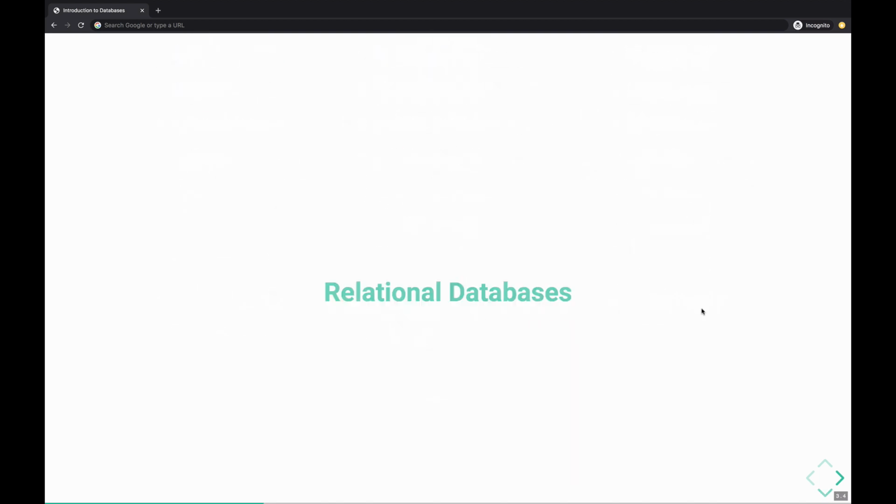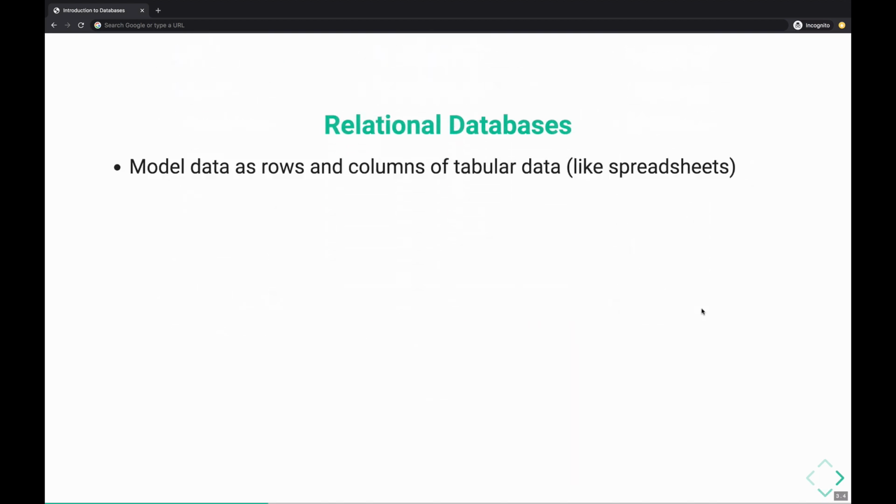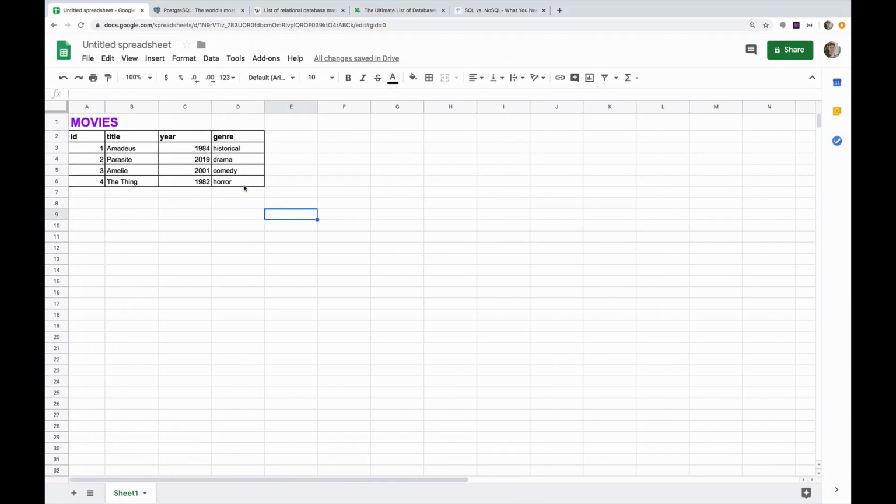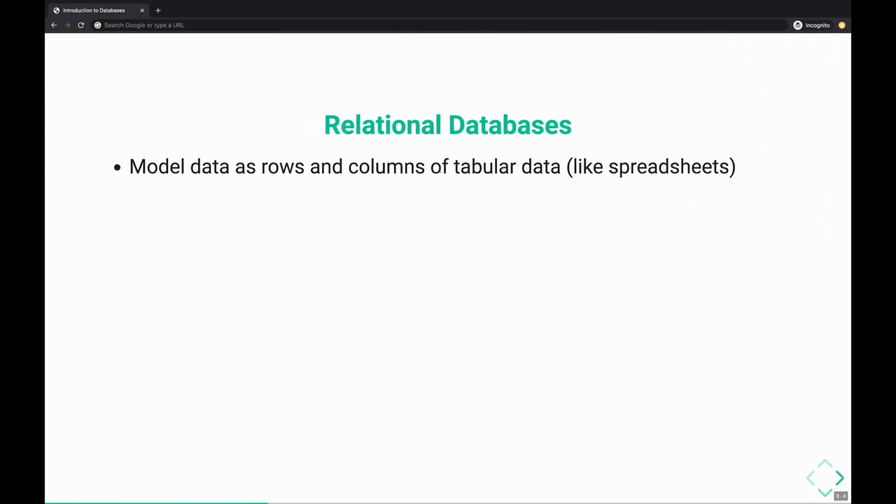A relational database is a database that stores information, it stores the data in tables, kind of like a spreadsheet, where we have rows and columns, kind of like this here. And within those rows and columns, we store a bunch of information. And the term relational comes from the fact that usually these tables are connected to each other in some way. They reference other tables. They store relationships between pieces of data.